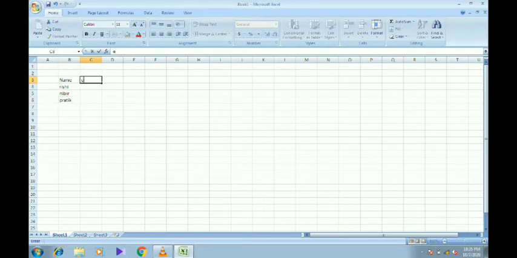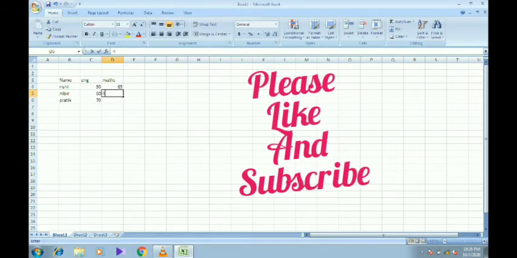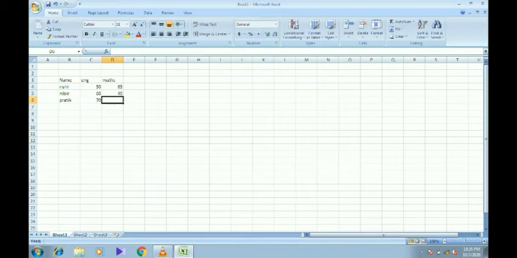Suppose English marks: Rishi got 50, Nibir got 60, and Pratik got 70. Then for the maths subject, Rishi has got 65, Nibir has got 40, and Pratik has got 70.